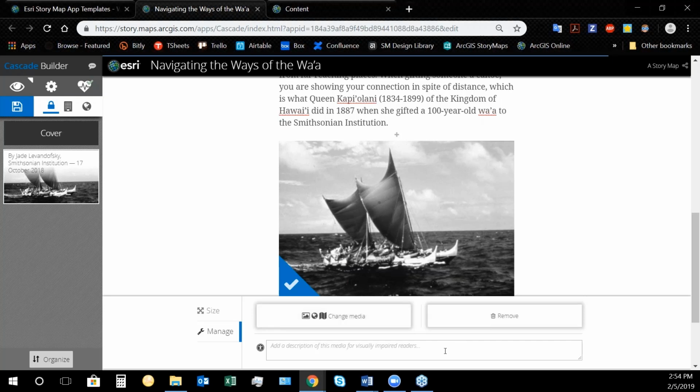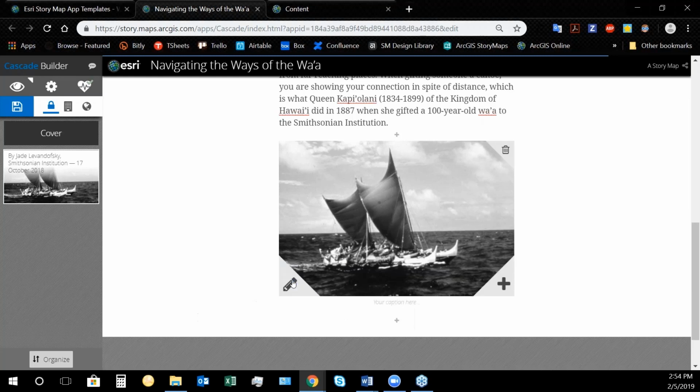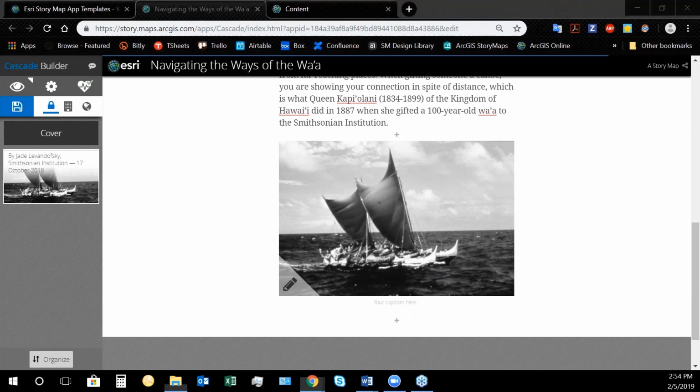I can remove it. And for those of you who are concerned with accessibility, there's also an area in here to add alternative text. So this would be the information that is read in the case of folks who are using, say, screen readers to read a web page. I'm going to leave that with its defaults for right now. And maybe add a little bit more text here just to break up the overall shape of this.